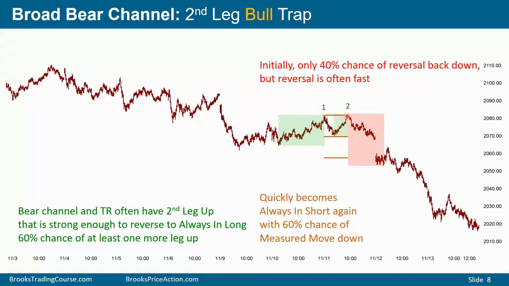It's a higher high major trend reversal, which is a type of double top. So we have a double top, we have a neckline. The goal for the bears is at least a measured move down. A similar thing here. We have a double top, neckline. Goal for the bears is a measured move down. I always look at the measured move based upon the lower of the two highs as the first target. And if it goes below that, then I'll look at a measured move based upon the higher of the two highs.